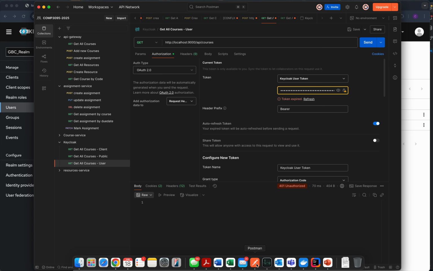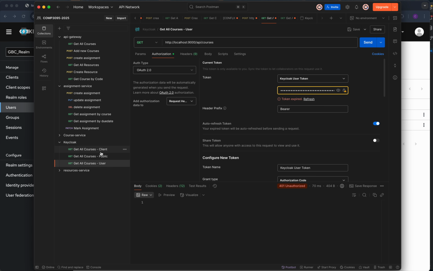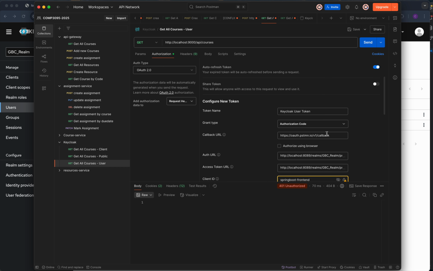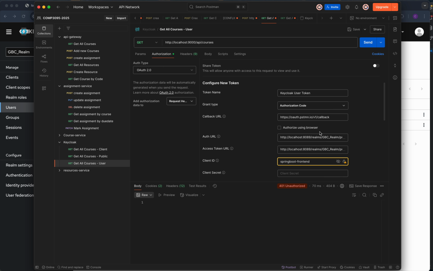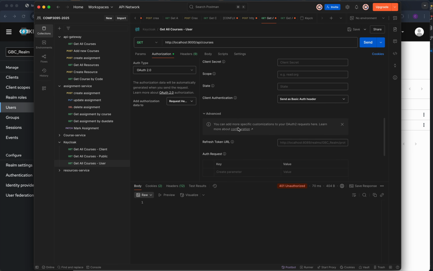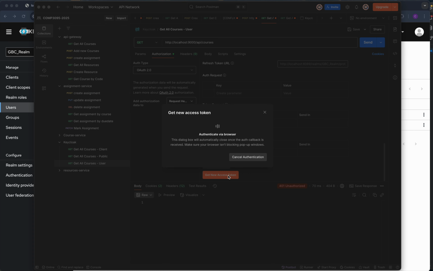When I do the testing, I have created a Keycloak user token request to generate the token. Here I have the URL for the authorization and the URL for the access token. I use the Spring Boot client, and the client ID is Spring Boot client. When I click get access token,